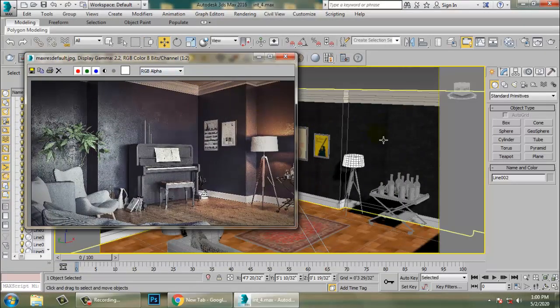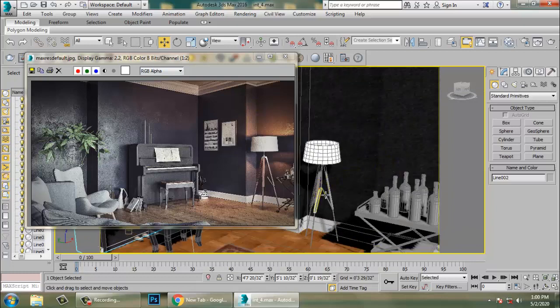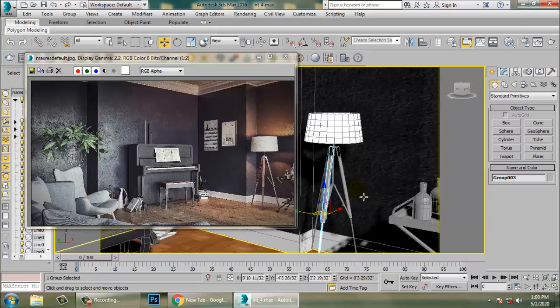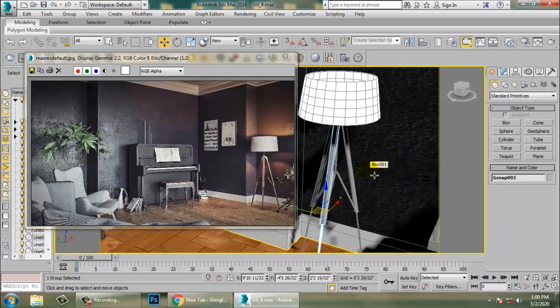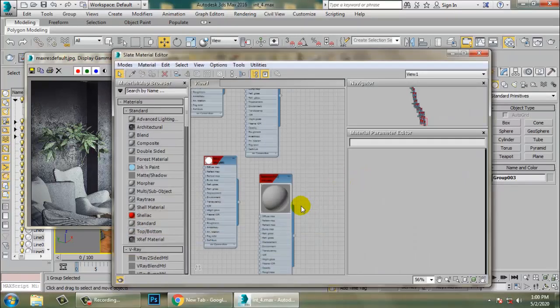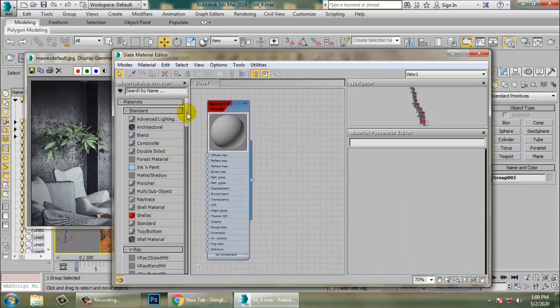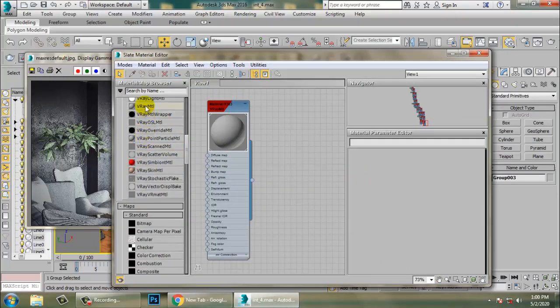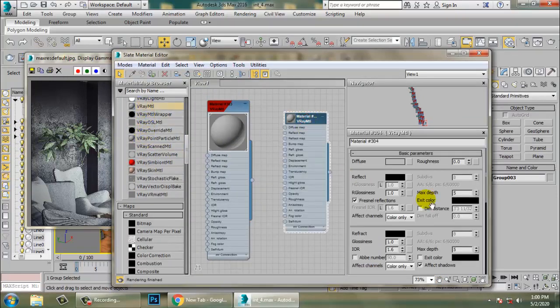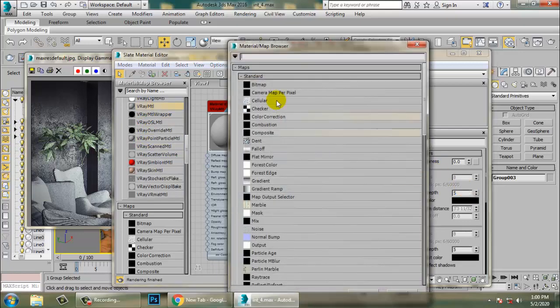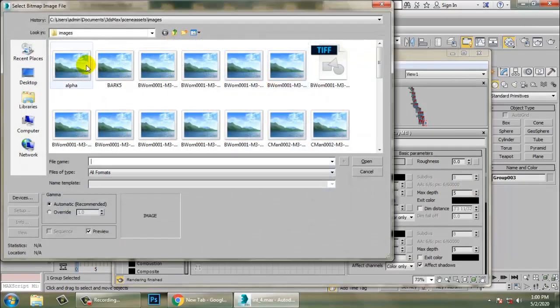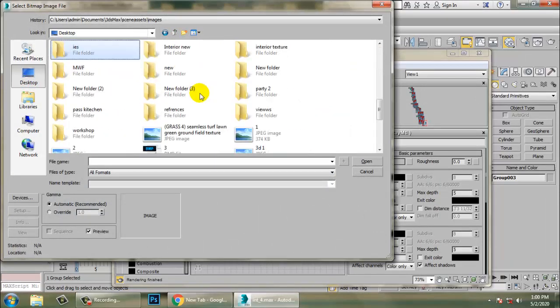So very first of all, let's assign a texture to this. We need to assign a wooden texture. So let's again go into the material editor and take one V-Ray material over here, go into diffuse, bitmap, and into interior new.